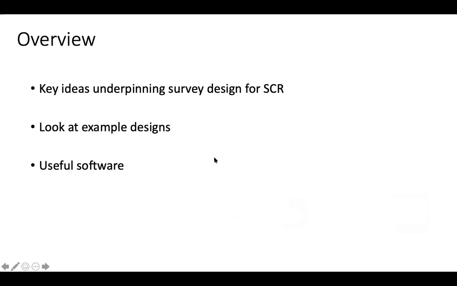So just a quick overview of the talk. I'm going to spend 5 minutes on each of these 3 topics. We're going to look at some key ideas underpinning the logic behind survey design for spatial capture recapture. Then we'll look at some example designs just to illustrate those key ideas. And then I'll show you some useful software that you can use to help your